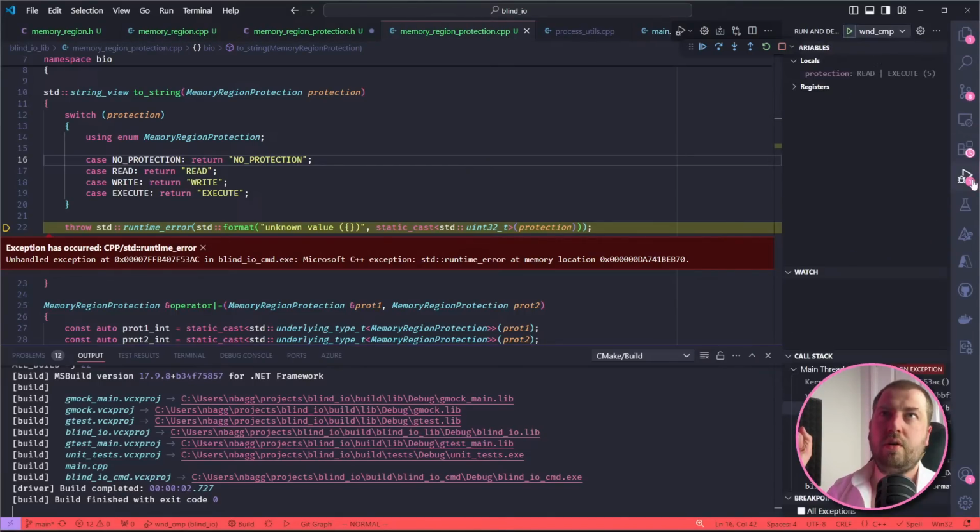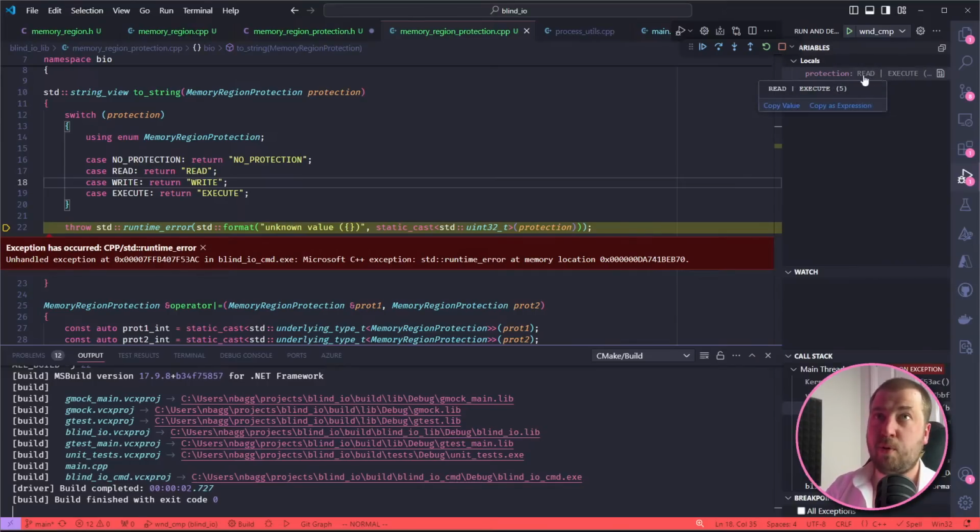So one thing I want to point out, which I think is really, really cool, I don't know if you can see up here in the debugger where it's crashed, VS Code knows that this is a bitwise OR operation and has already pulled out the names for me. Like we need to do that ourselves for our program, but VS Code's like, no, I know what you're trying to do. This value of 5 represents these two OR together, which I think is pretty cool.